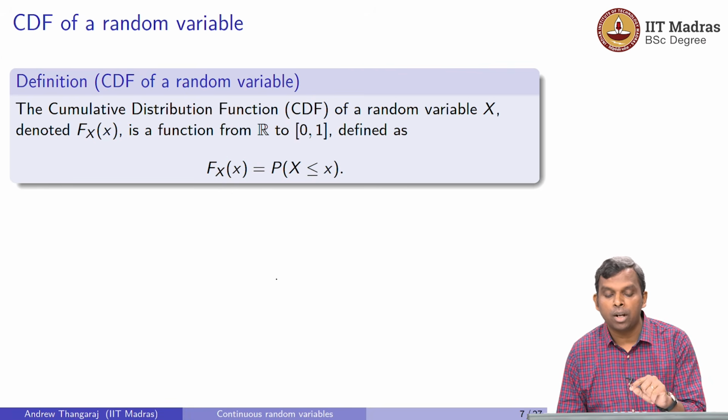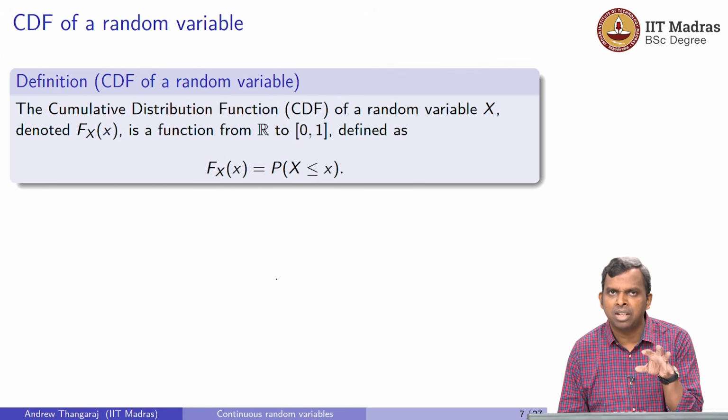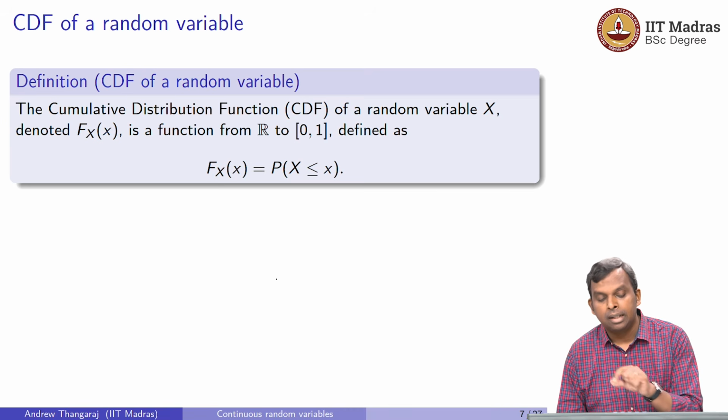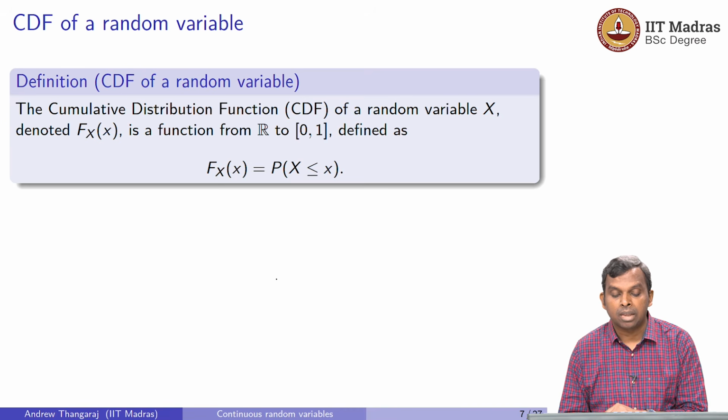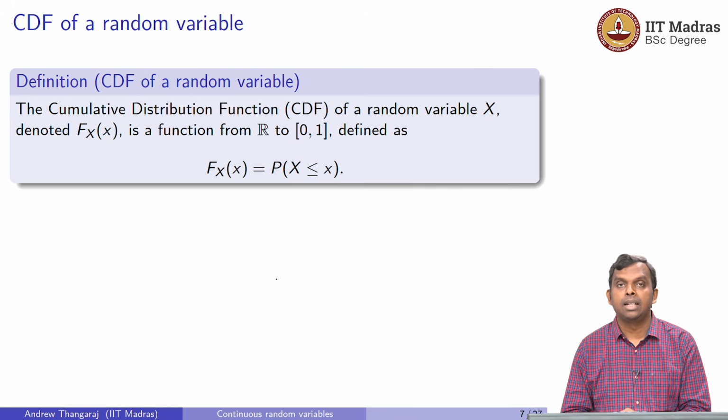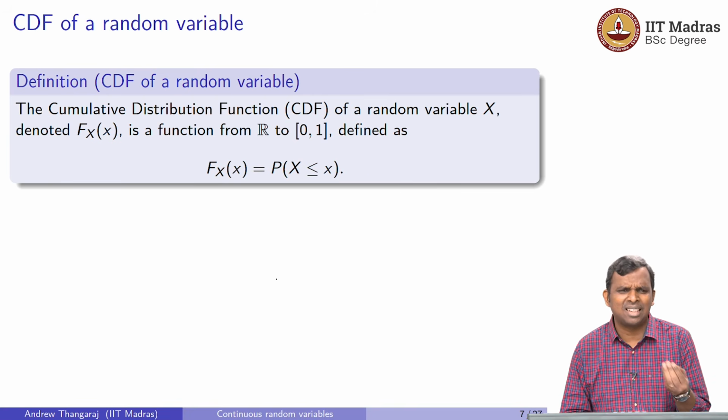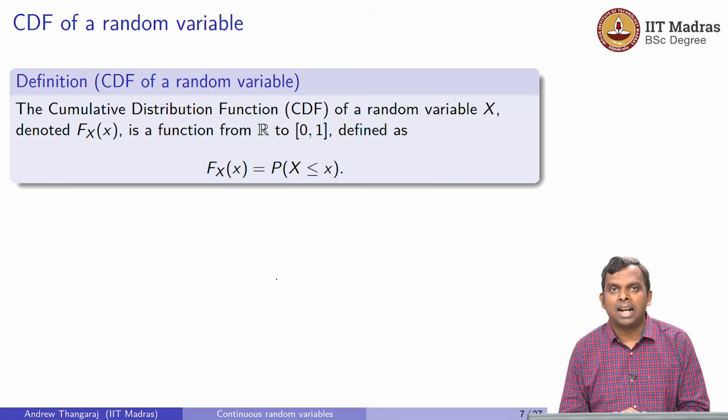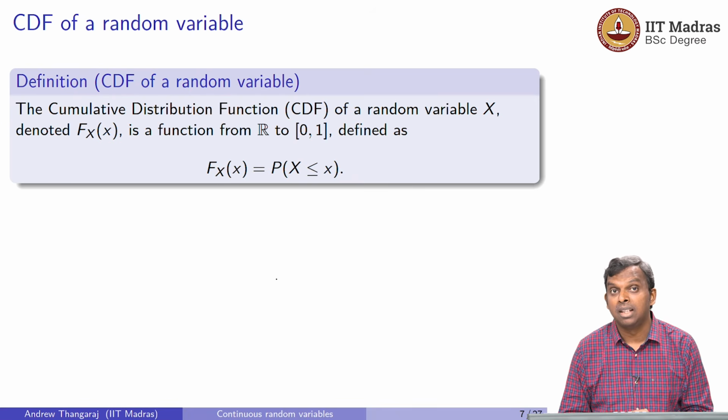That's what's important to know. And how do we define it? How do we connect it to the random variable? Notice that notation F sub capital X of small x. It succinctly conveys everything. It's the CDF of the random variable X evaluated at small x, and that's simply defined as the probability that the random variable is less than or equal to small x. So this is the definition of the cumulative distribution function. It seems simple enough. So given any random variable, one should be able to do it. At least for discrete random variables, we know how to compute the CDF.